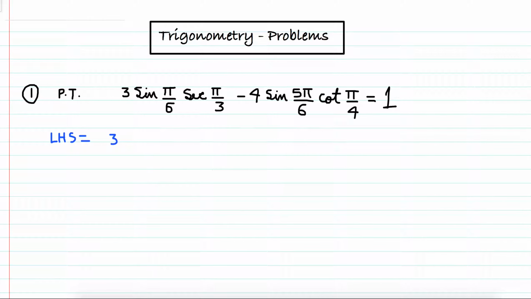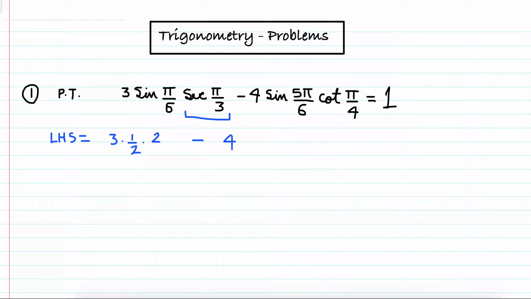So 3 sine pi by 6 is 1 by 2. Sec pi by 3 is 1 divided by cos pi by 3, and cos pi by 3 is 1 by 2. So 1 divided by cos pi by 3 is 2. So sec pi by 3 would be 2. So it's 2. Next term is